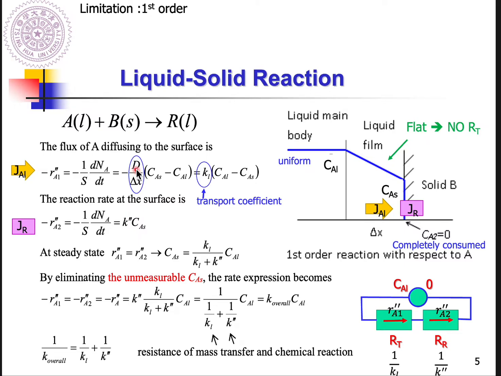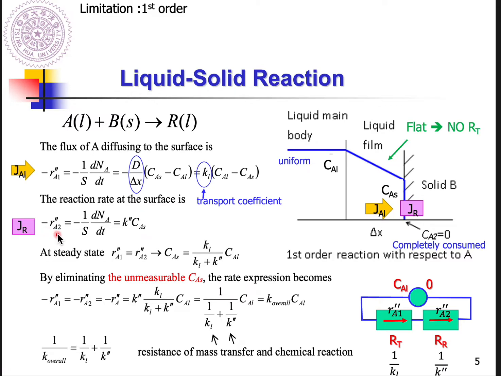The diffusivity here is that of reactant A diffusing into the liquid film. If you have a higher transport coefficient, that means the diffusivity is higher, which means the transport is faster. And next, we are going to formulate the reaction rate, JR, and also